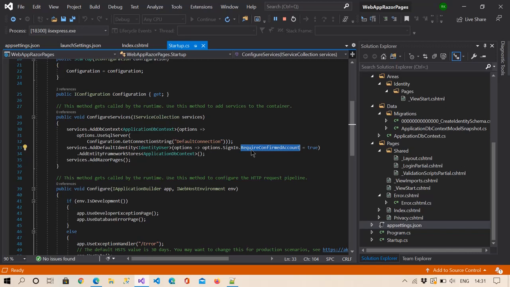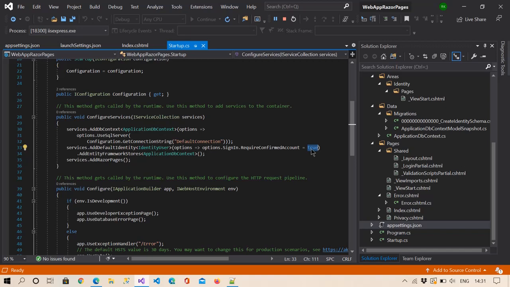That means whenever we try to log in, there should be a confirmed email ID for the user who has registered. But right now we have not confirmed anything, and we have not written the code to send email to the user's email ID.